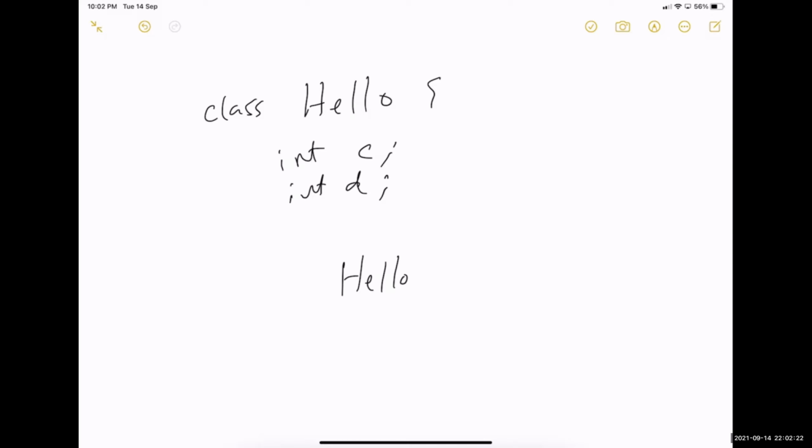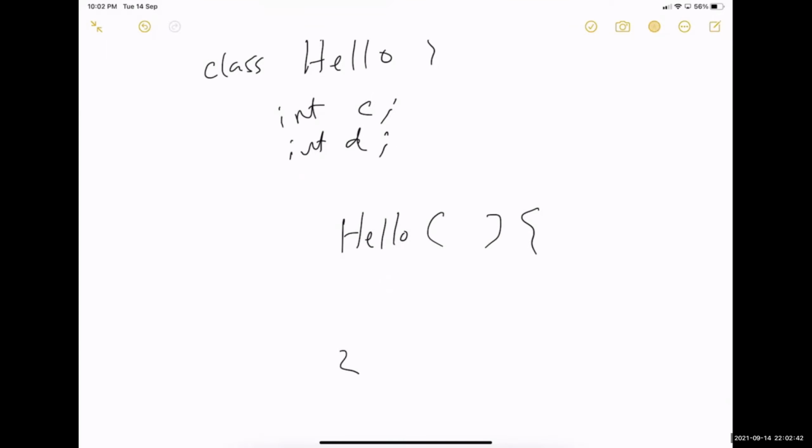So how does Java figure out, if I write something like this, Hello, inside I'm not passing anything. We know how to pass arguments and all, right? We had our calculator class with the add method in the last class, right? So this Hello, I am writing like this.